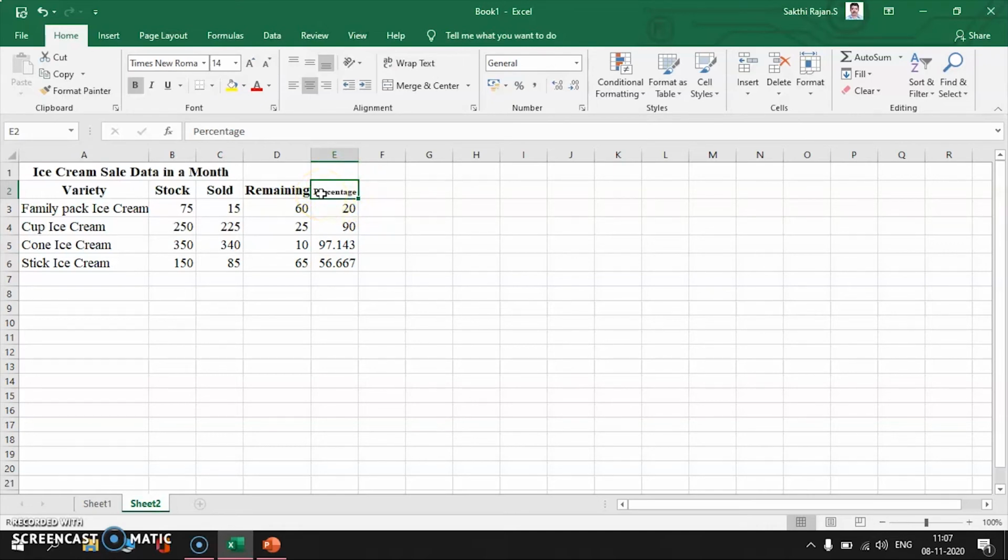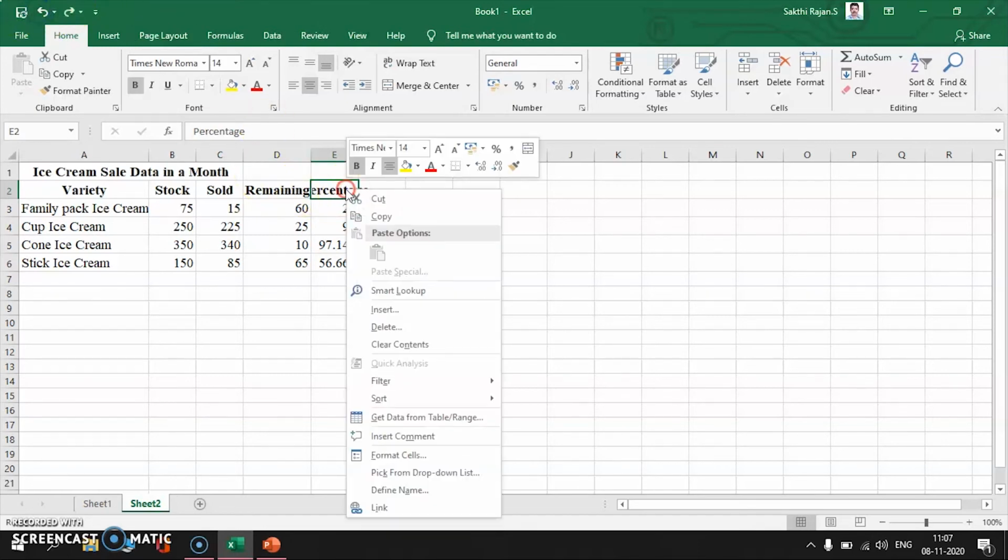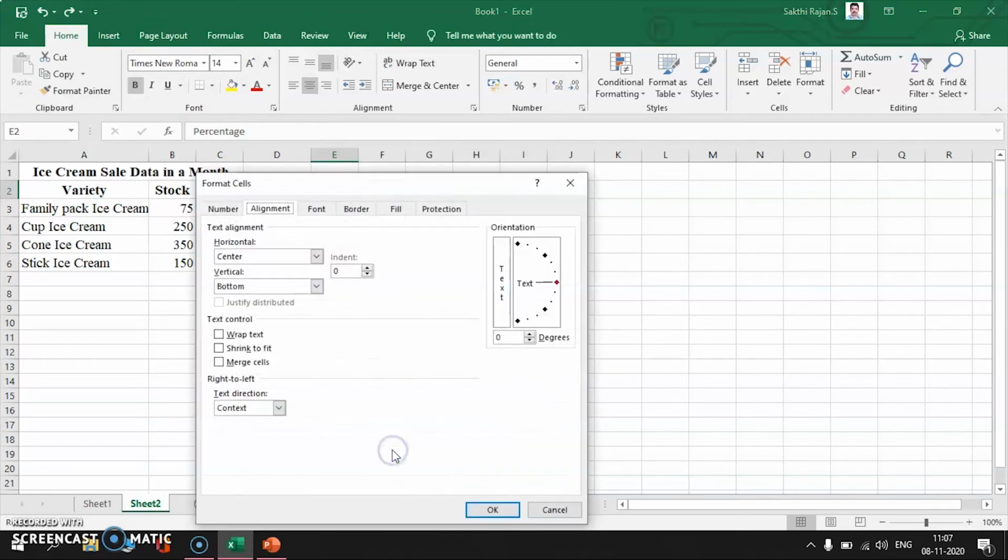Now if I want to wrap the text automatically, what it does is expand the cell vertically so that the text does not spread across the neighboring cell, and all the text is visible very clearly. See here, I'm going to select it, go to the format cells option.